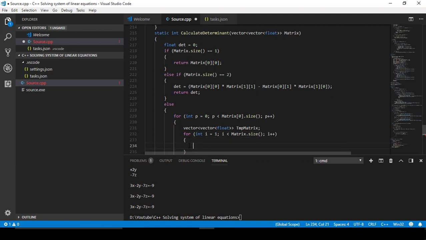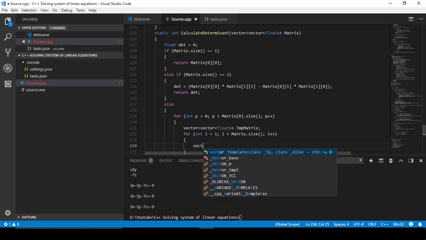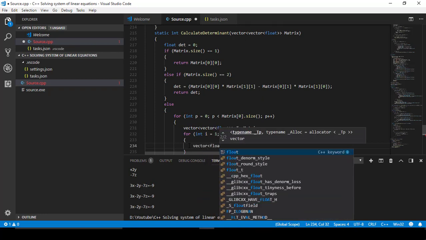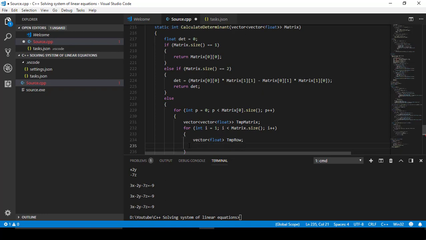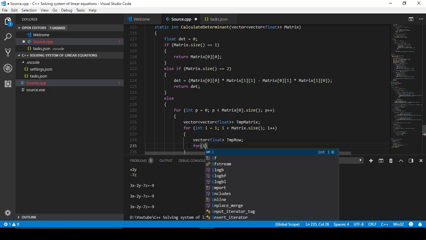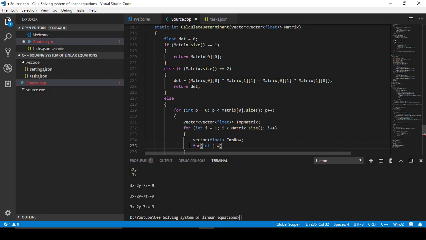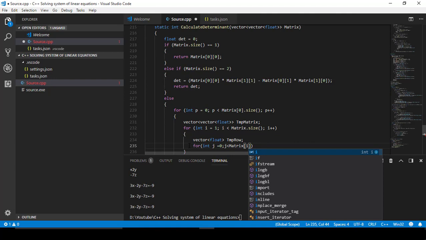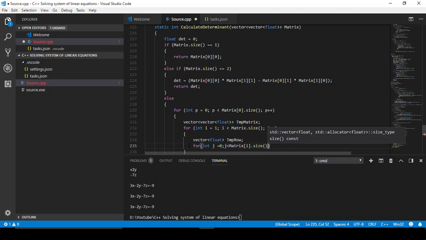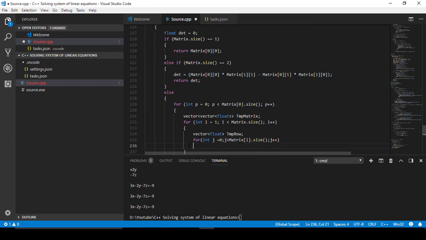So here, declare a new vector, one dimension 1 float row, temporary row, where we will store the rows of the new formed matrix, and we will iterate in j is equal to 0, j is less than matrix of I dot size and j plus plus,